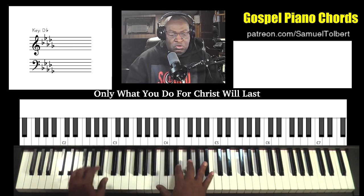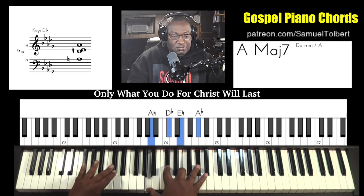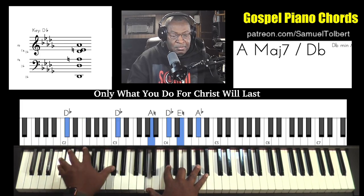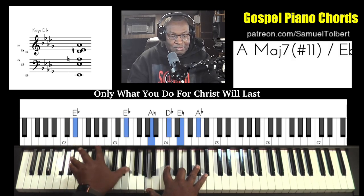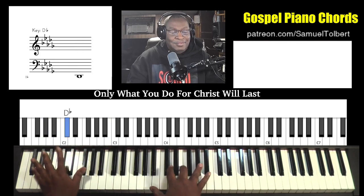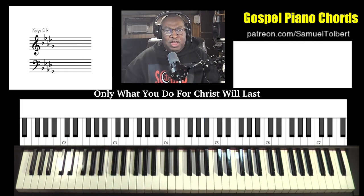Here's the first chord you're going to use. When it changes, and back. Those are the chords that will support that part of the song. So as you're teaching the song to the choir, or if they know their parts and you want to just chord along with them, you just